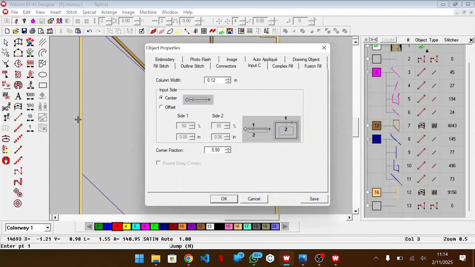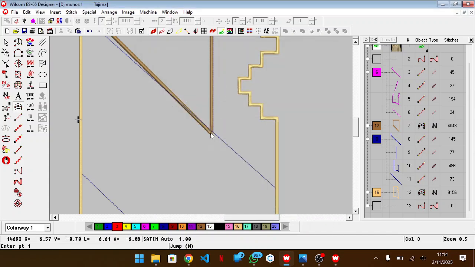Means that inside I'll do 0.12, sure. Just give me a sec. Okay, so